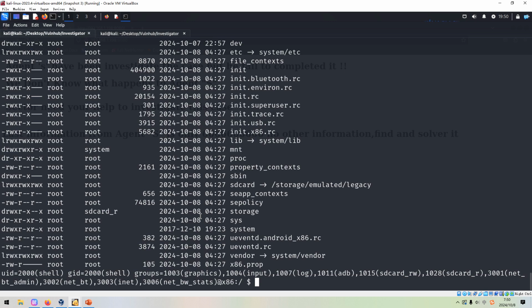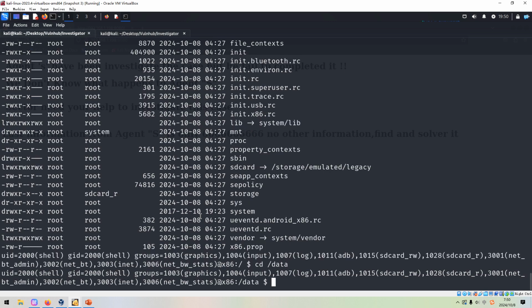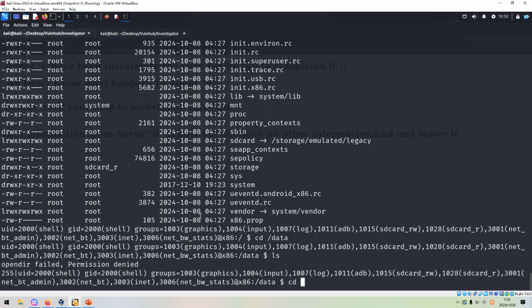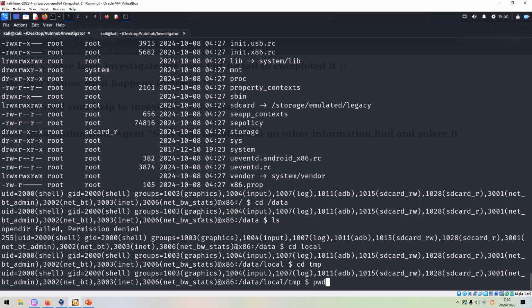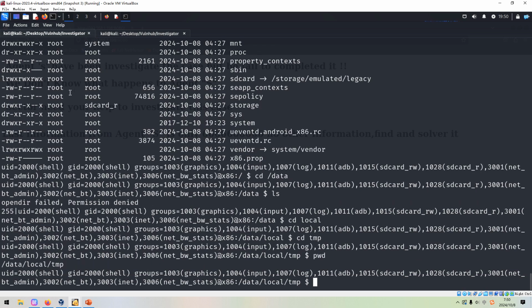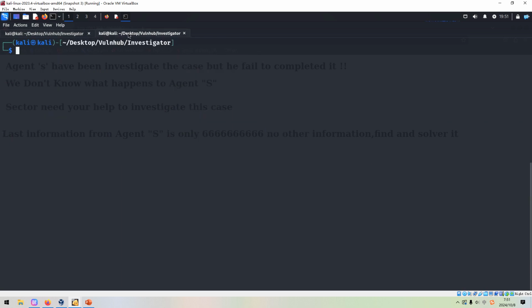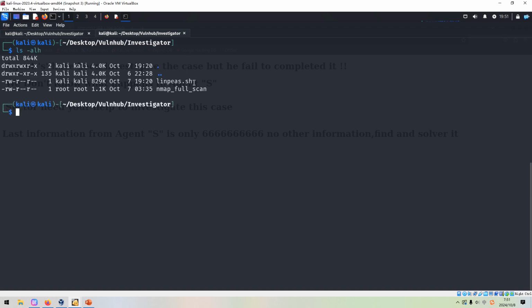I don't think you can find this in other walkthroughs by other people. So we can go to data, and also to local tmp. This is the location where we can upload files, and also the temp directory. No error, right? Next we can upload the file, the NumPy shell script.